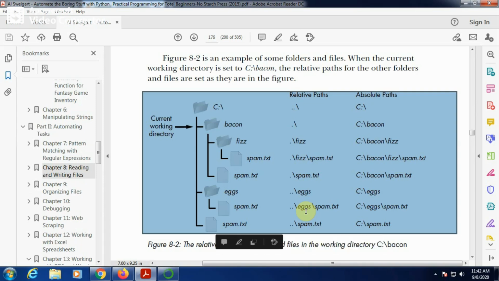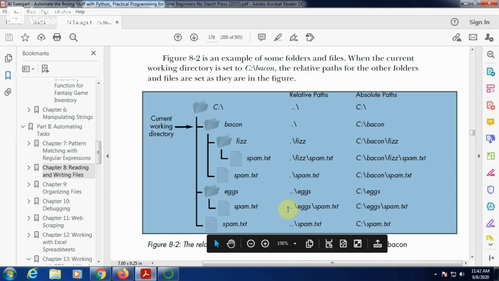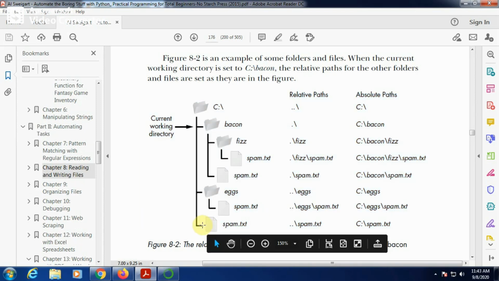If you want to access spam.txt from the X folder, then from bacon you write 2 dots backslash X backslash spam.txt. That is the absolute path this way. Now see here, spam.txt is available in the C drive.